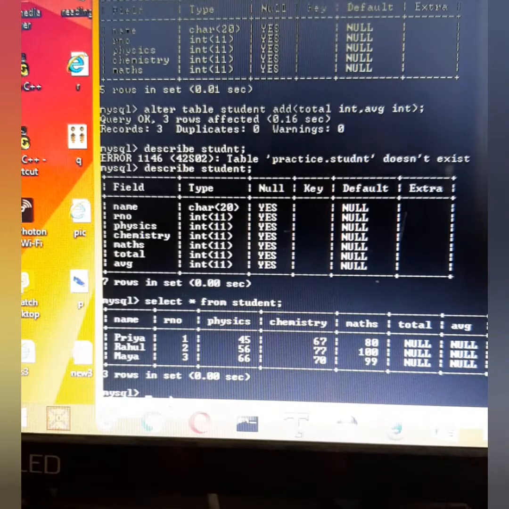So to fill up the total and average for each and every student, we will use a DML command, update.